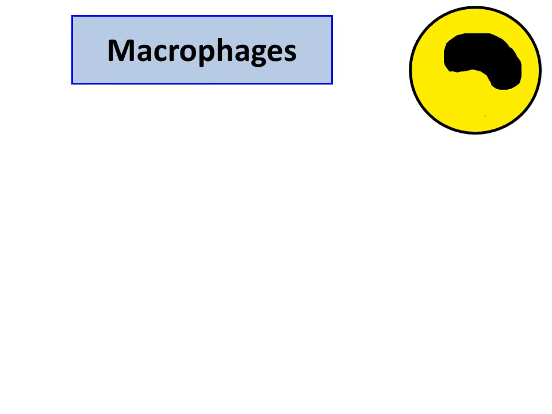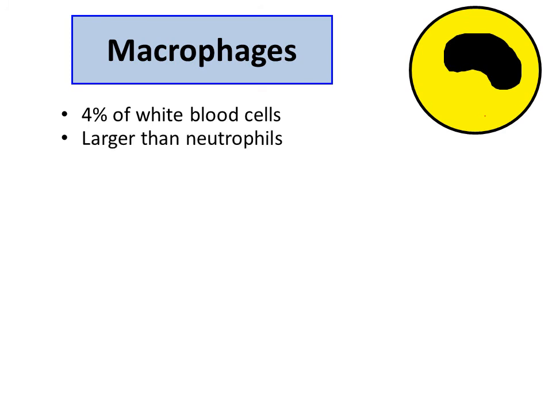The macrophage is the other type of white blood cell, which is a phagocyte, and they also have a very distinctive appearance. As you look up at the top right there, you've got this curved C-shaped nucleus that is the feature of these particular types of white blood cell. They don't exist in very large numbers. You only get 4% of white blood cells are actually macrophages, and they are much bigger, which is why they're given that term macro,